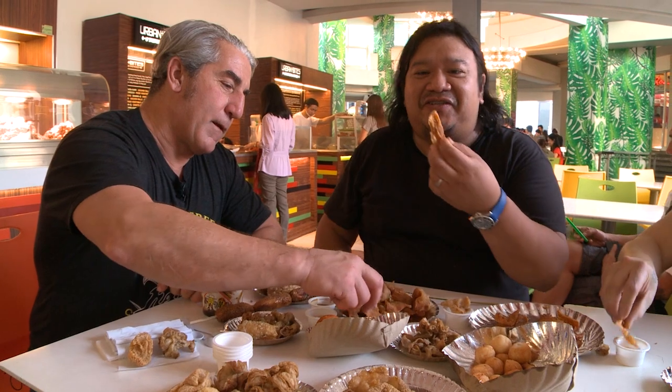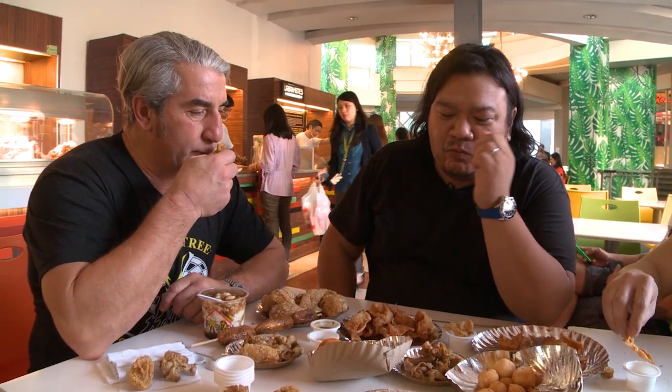Chicken skin. My wife will kill me if she sees me eating chicken skin. The best part of the bird. People that order those boneless chicken parts in the soup, I mean skinless, I'm like, are you kidding me? Now I just need a beer. It's that time of day. This is good. Philippines, you don't